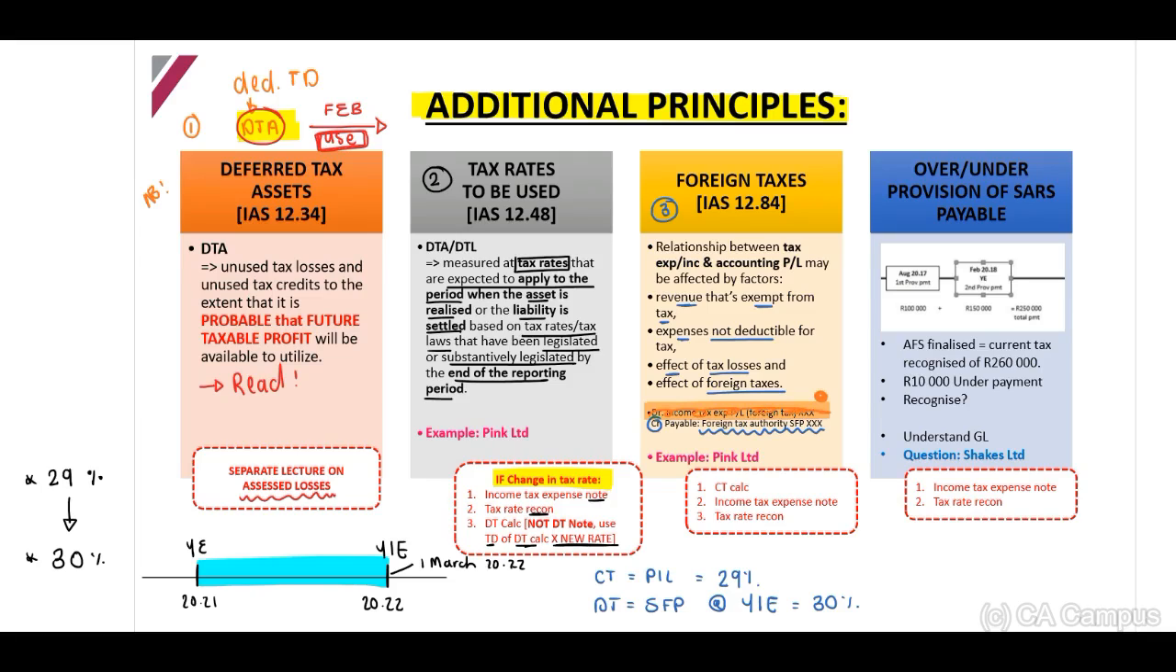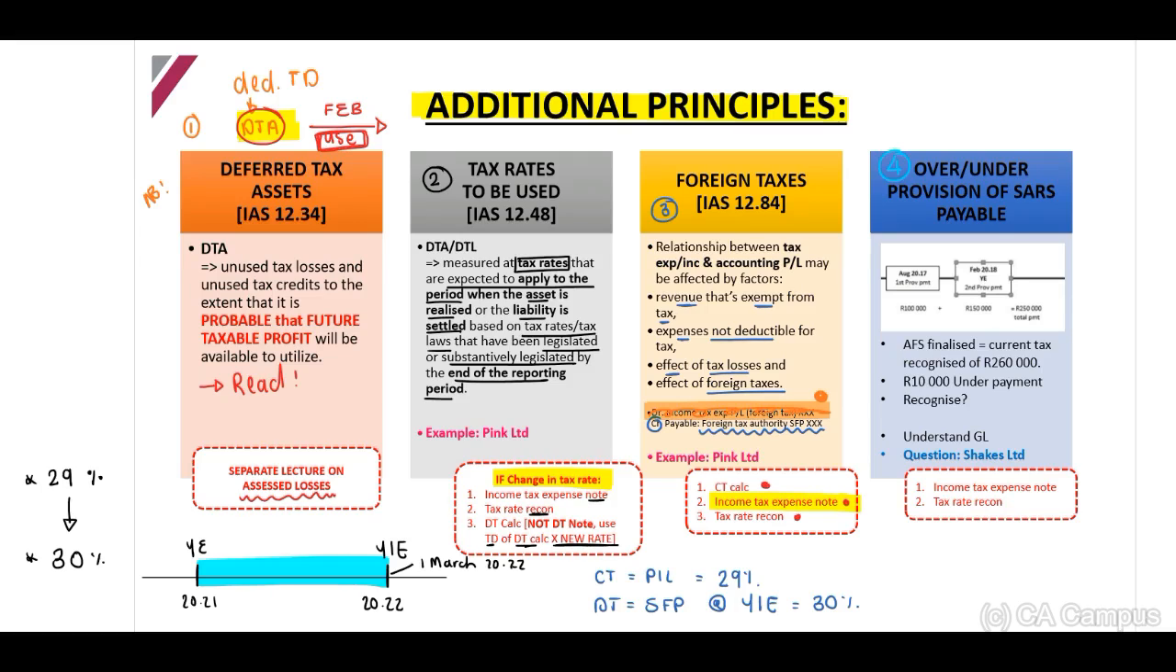If there are foreign taxes, the standard indicates to us that we will have to include this in our income tax expense note. Therefore, again, I've included the three sections which will be affected by foreign tax: your current tax calculation, your income tax note, and your recon. Then number 4,